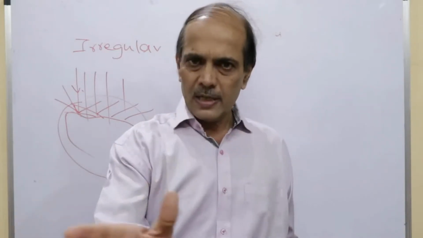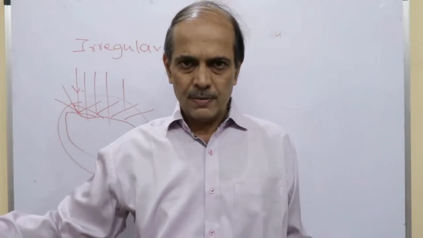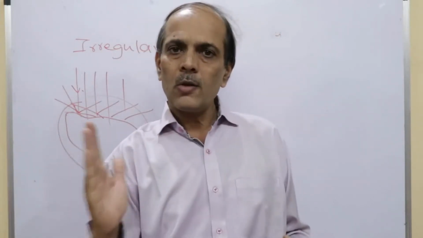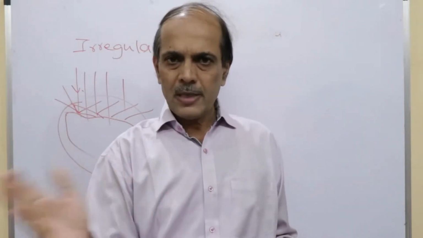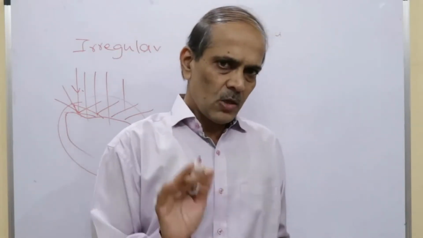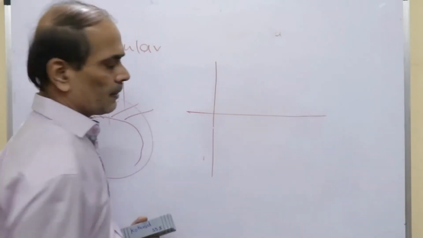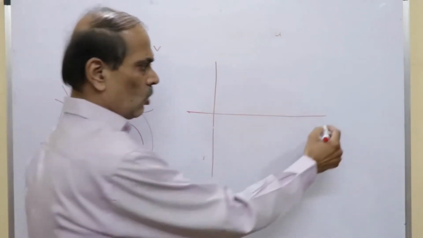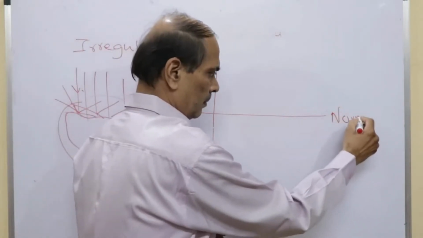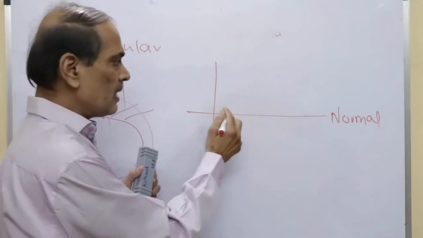The angle of incidence, first we'll talk of incidence, and the angle of reflection, with respect to a perpendicular to that surface, will be the same. That is nothing but the law of reflection. So that's the first law of reflection. Once again, if I draw a perpendicular here, this is called the normal, perpendicular to the point where the incident ray is hitting.